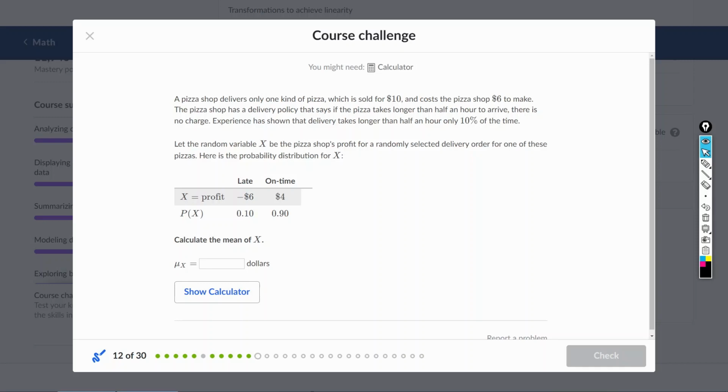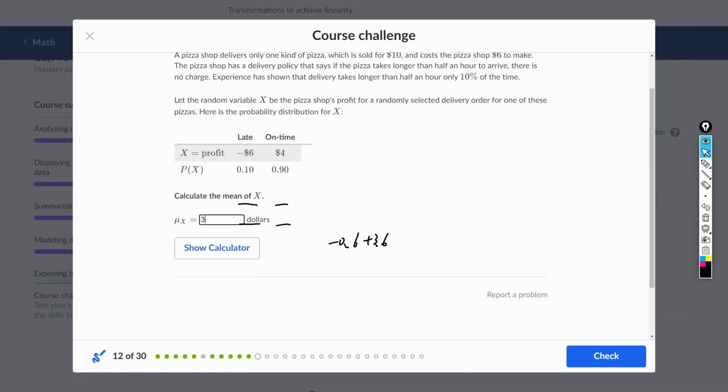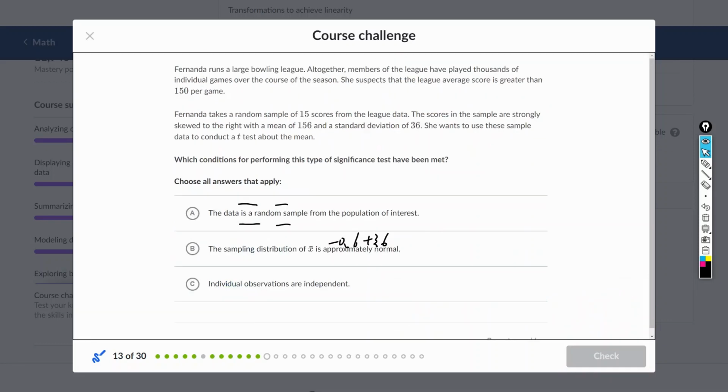那这个比较简单，就是-6乘以 0.1 加上4乘以 0.9 嘛，那么就是-0.6加上 3.6，所以它这个 expected earning 就是3块钱。OK，